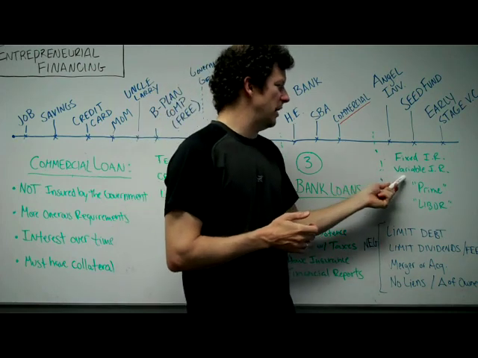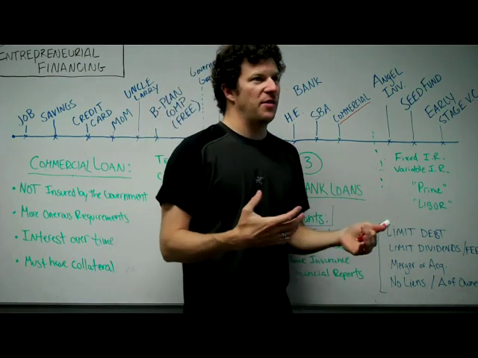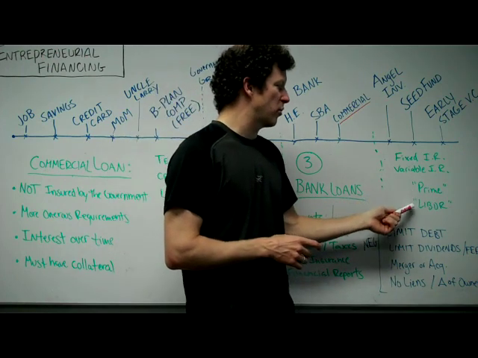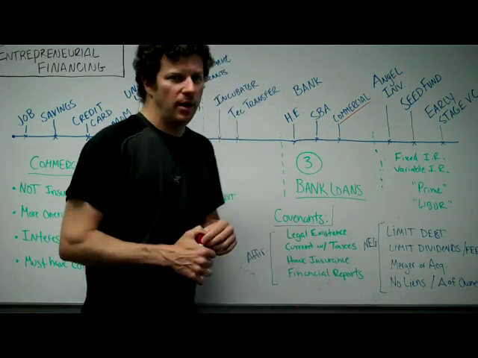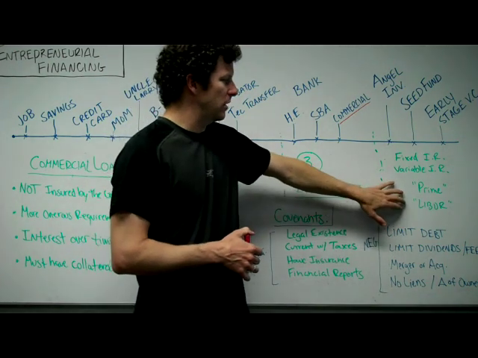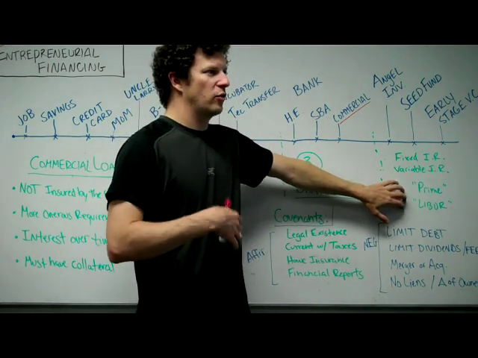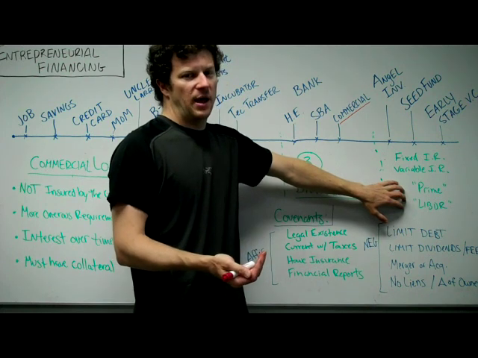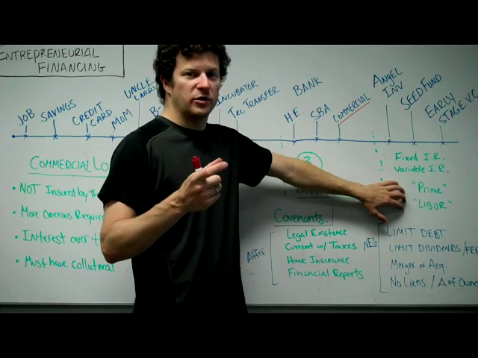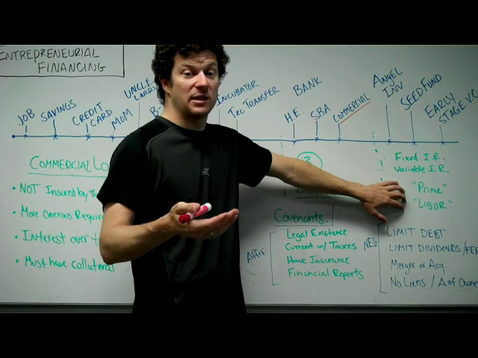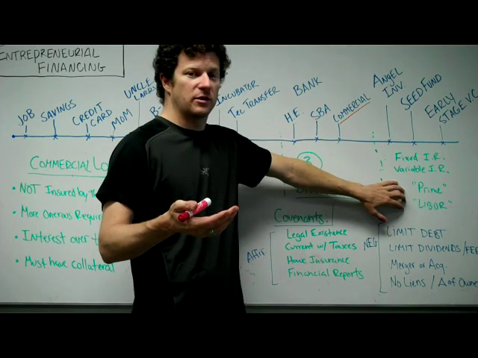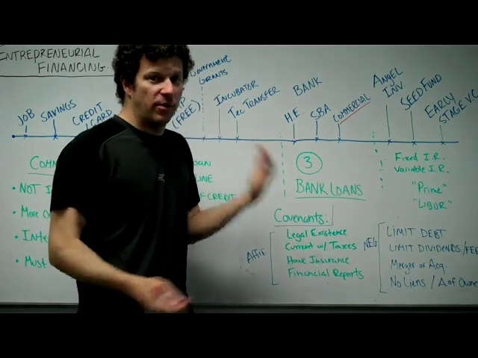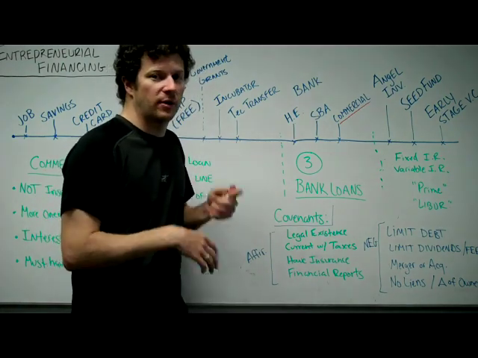Variable interest rates change based on some other rate that they have pegged it to. Generally, the rates that you'll hear mentioned are the prime rate or the LIBOR rate. And in a very simple explanation, these are just sort of agreed upon interest rates either by the financial markets or by governments. And then they may add percentages to those rates because you're a more risky loan than the average loan as a small business. And so that may float. It may go up and down over time.